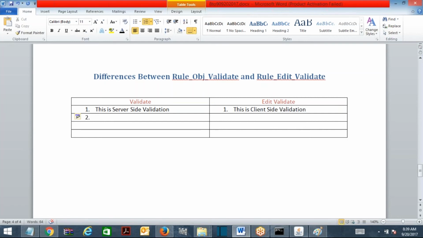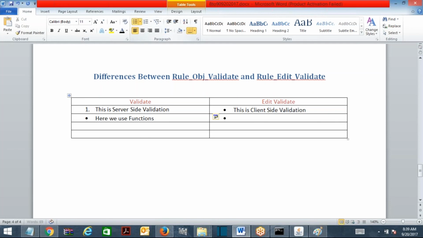Next, what is the second one? Here we use functions. Then this one, what is it? Okay, let's go at this way.